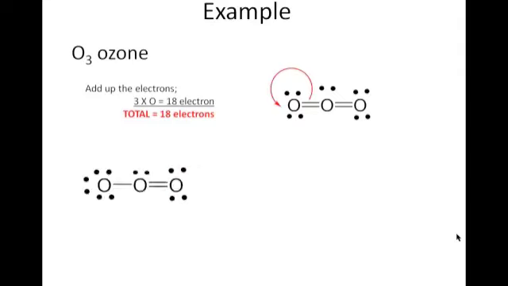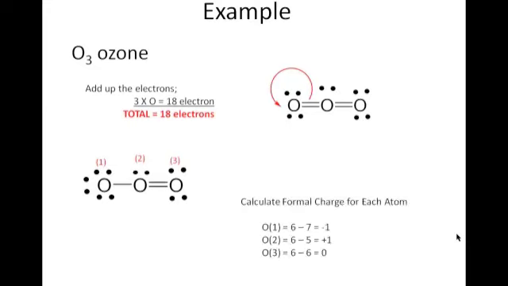Now I have a structure that looks like this one. I have 3 unique oxygens, so I'm going to have to calculate formal charge on each of them separately. For oxygen 1, we start with 6 electrons in the valence shell, and we assign 7. We have 3 lone pairs for 6 electrons and 1 bond for 1 more electron, so that's 6 minus 7